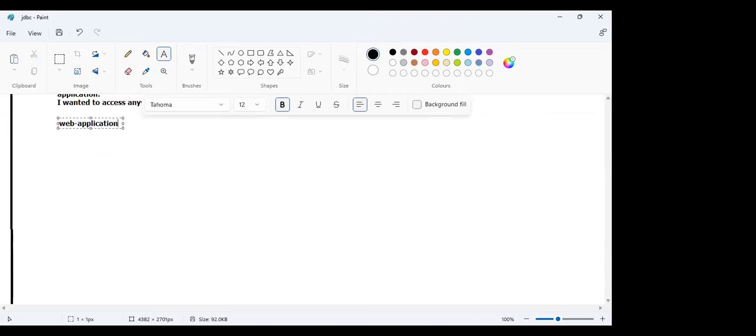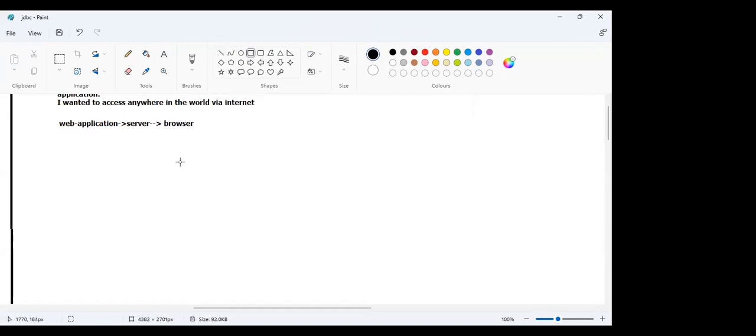And you can put that web application into servers. And from servers, you can access your application in browser. And people can access your application via browser and internet anywhere in this world. Web applications are deployed into servers. Servers can be accessible from browsers. Any application you take, which is accessible across the world,